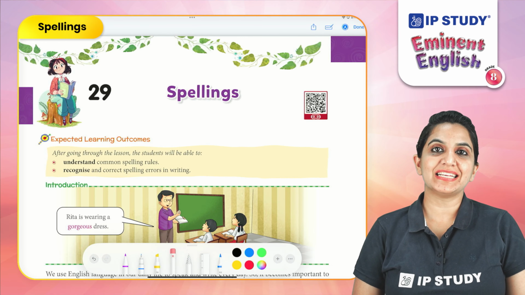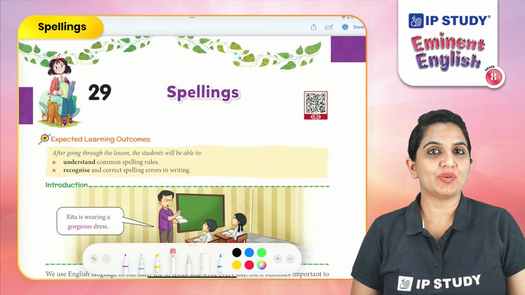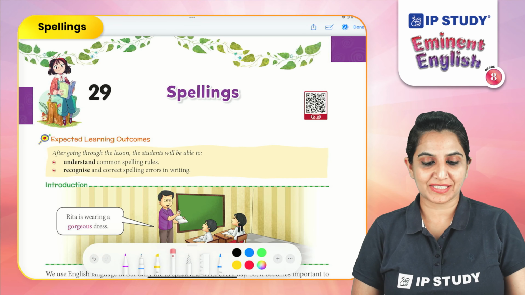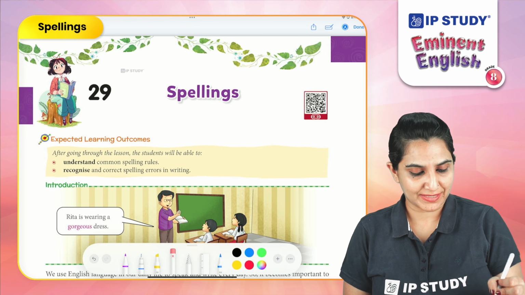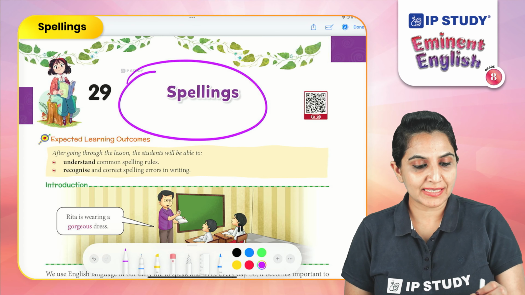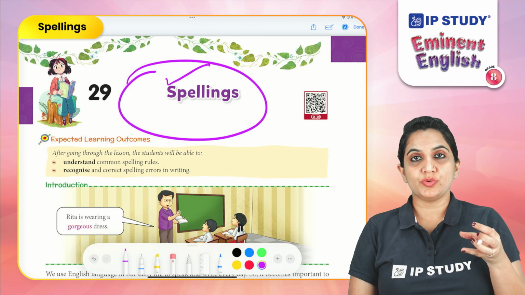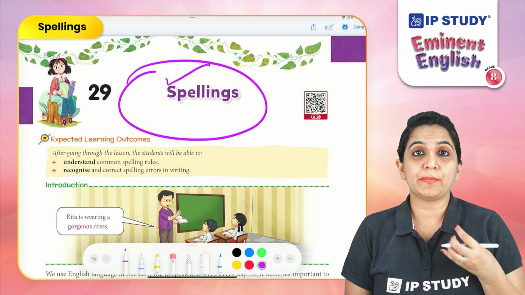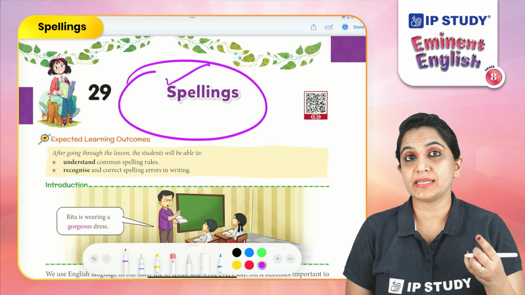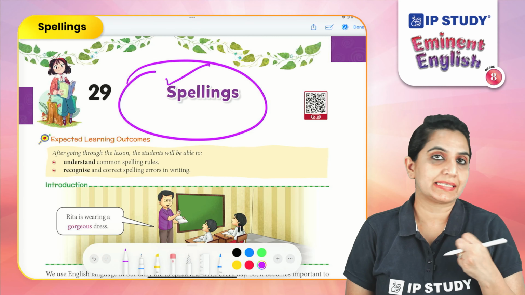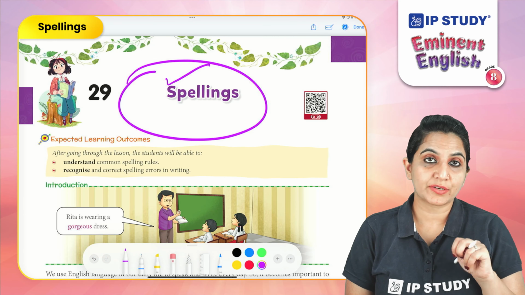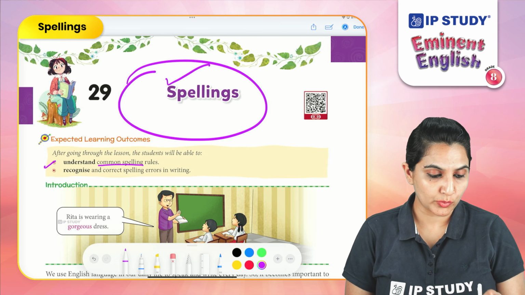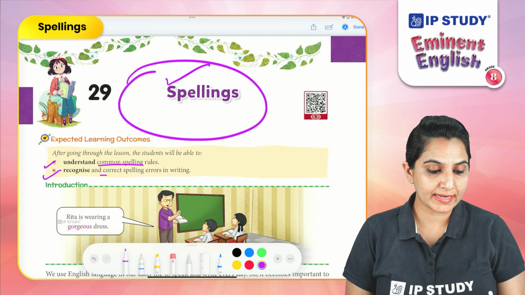Today we will discuss the 29th chapter of Grade 8 English Grammar. And our topic is very interesting, which is spellings. Spelling shows that you care about accuracy in your language. It is very important to make your meanings correct and enhance your sentences as well. Before the end of this lesson, you will be able to understand common spelling rules, recognize and correct spelling errors